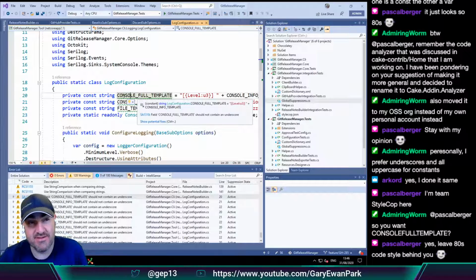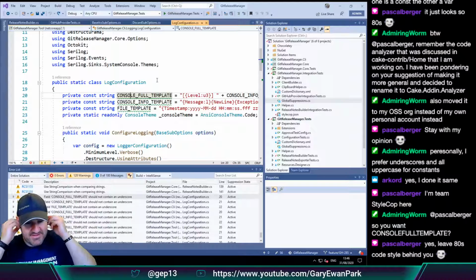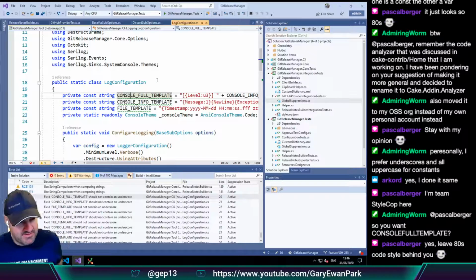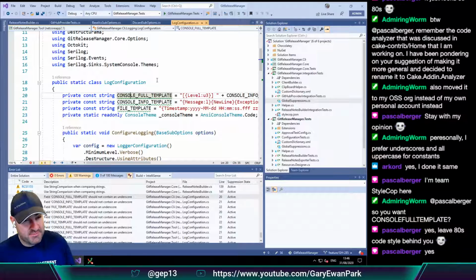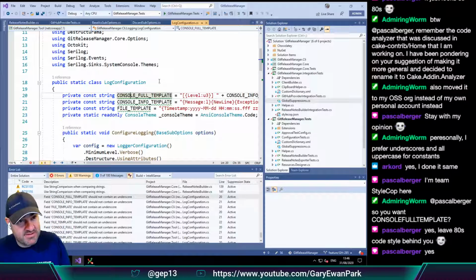Are you saying that we should remove the underscores and change it to Pascal case? Because if that's the case, we have 2 for leaving as is, 1 to change it, and me on the fence.